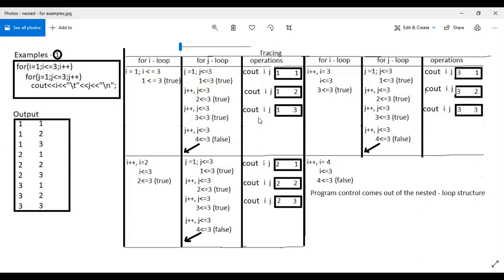Is it clear for all? Okay. So I will show this program in the editor screen. We'll see the output of this program.